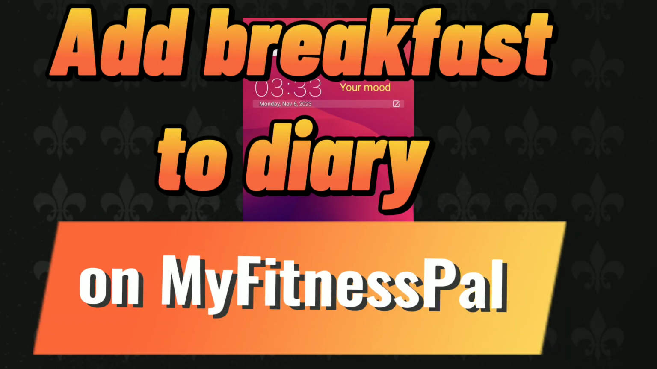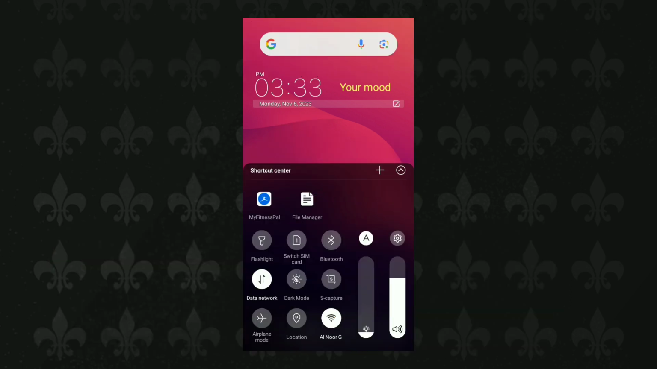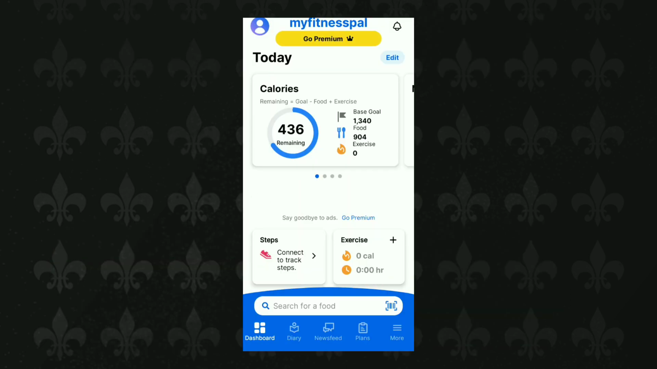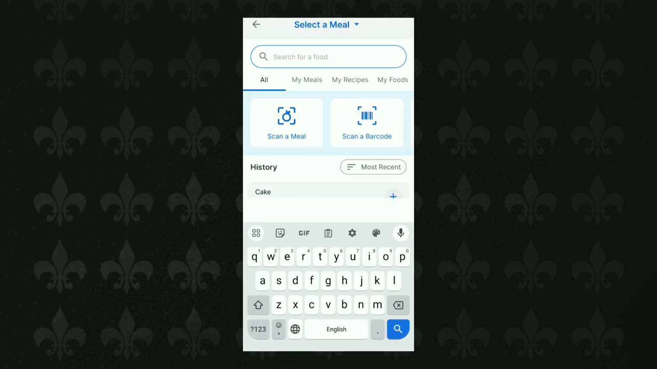How to add breakfast on your diary? Firstly, you have to open the MyFitnessPal app. You can see here search for a food, write the name of the food which you want to add to